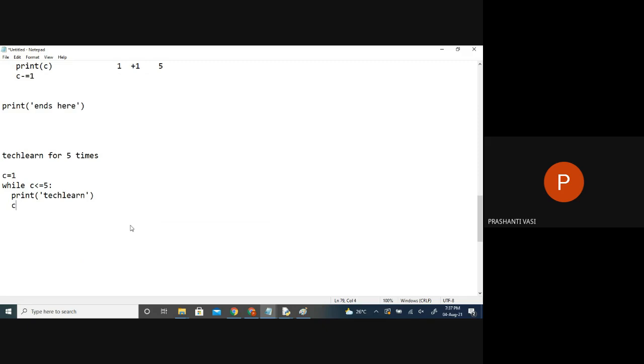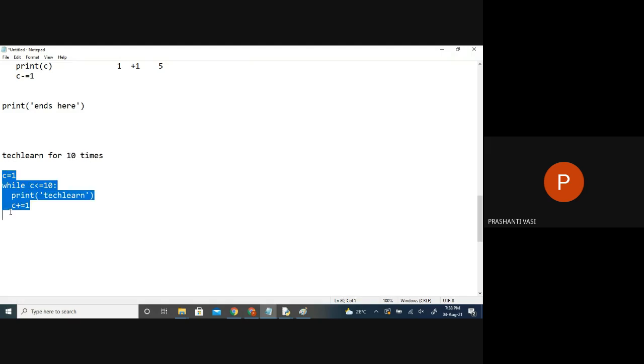So what will happen with this? Teclan is printed for how many times on the screen? You just see the counts, 1 to 5 by doing plus 1. How many counts are we going to get? 5 counts totally. So at every count, what job is done for you? Teclan is printed. So if I have to print Teclan 10 times, I just make it this way.